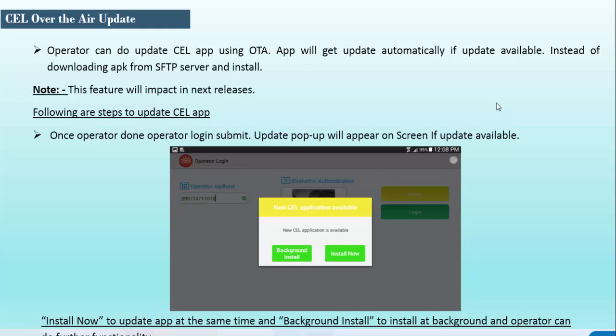If you want to install without any enrollments, you can just click the install now button. If you want to do enrollments, it should be updated from the backend, so you can click the background install button. Then it will not disturb you for any enrollments, and it will be automatically updated in the backend.